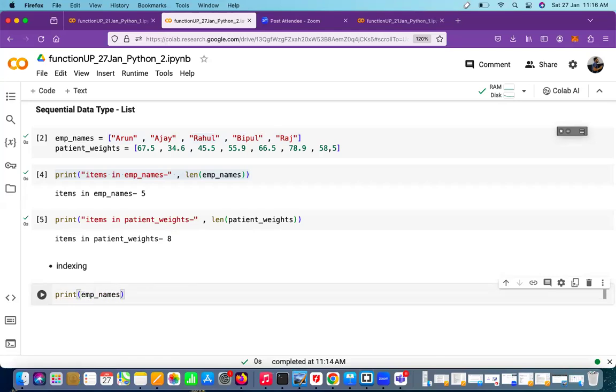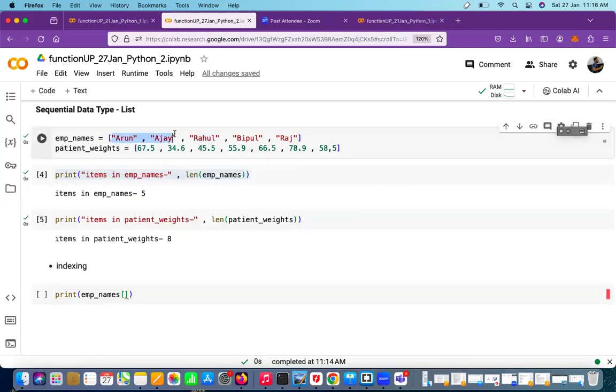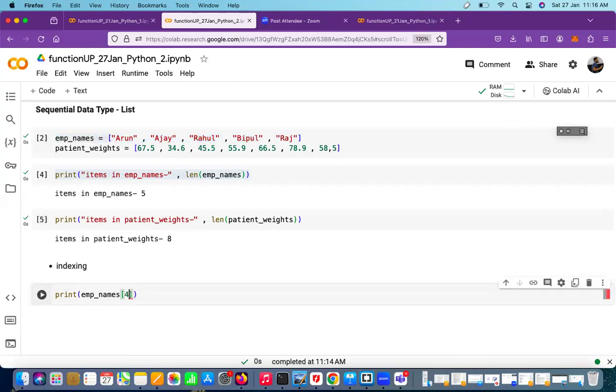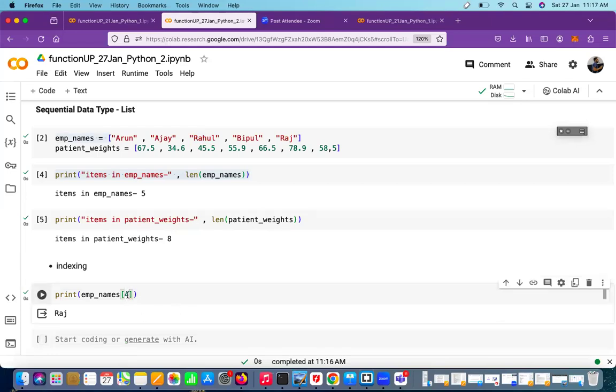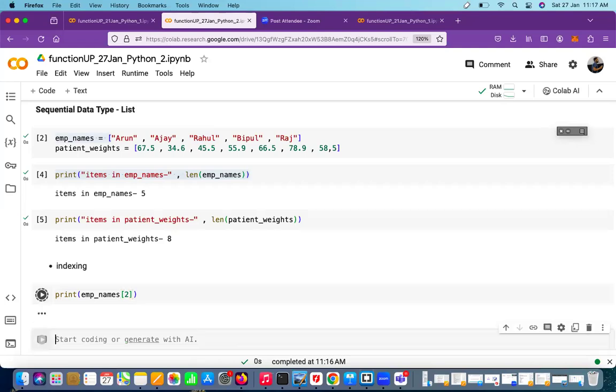ठीक है, variable name आ गया, and thereafter index. So index will start from 0, 1, 2, 3 and 4. Okay, clear है? So this is how at 4 we have Raj, right? At 2 what we have? Rahul, right? Okay. Same way if I talk about weights,